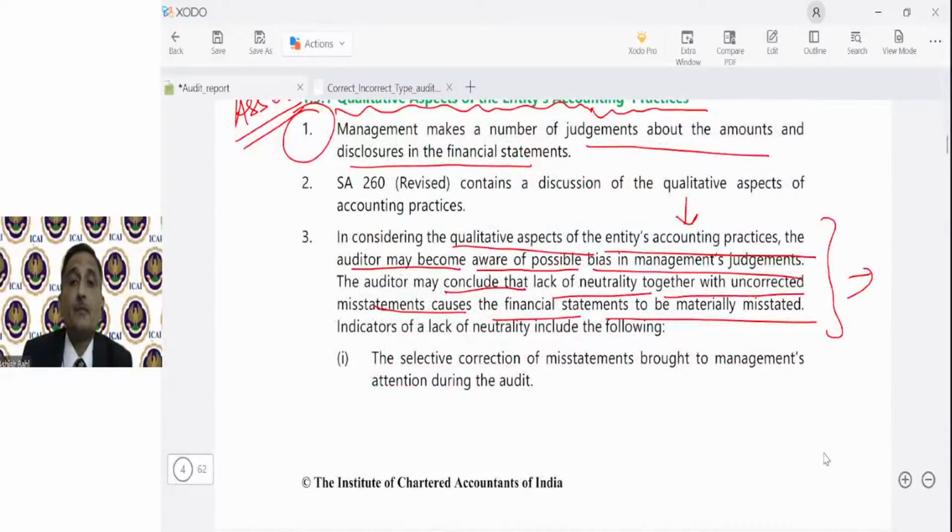Okay. So it might so happen that during the course of audit, the auditor has pointed out some misstatements and the management makes only a selective correction